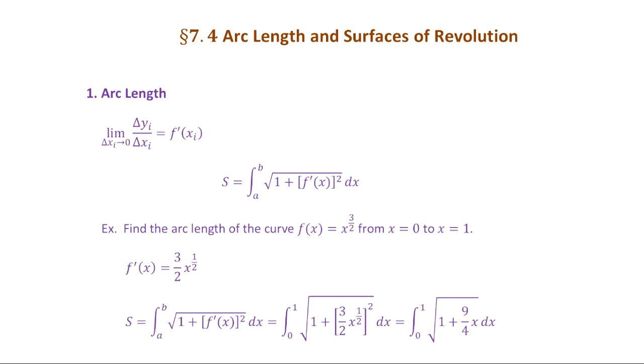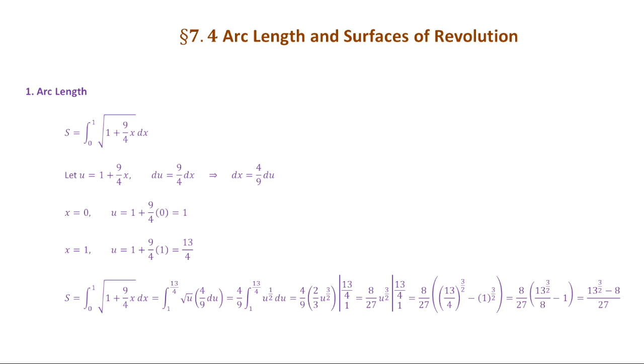Okay, so then you have to use substitution to integrate. So we're going to let u equal to 1 plus 9/4 x, okay? The part in the radical, we're going to denote as a new variable, u. So let us rewrite the result on the first line from the last page. So let u equal to 1 plus 9/4 times x, the part in the radical, and then do the steps of the